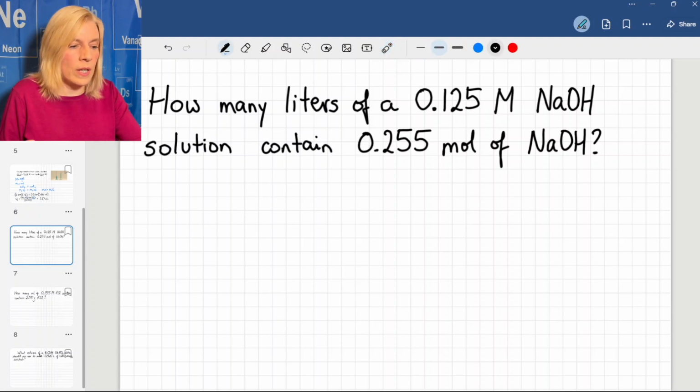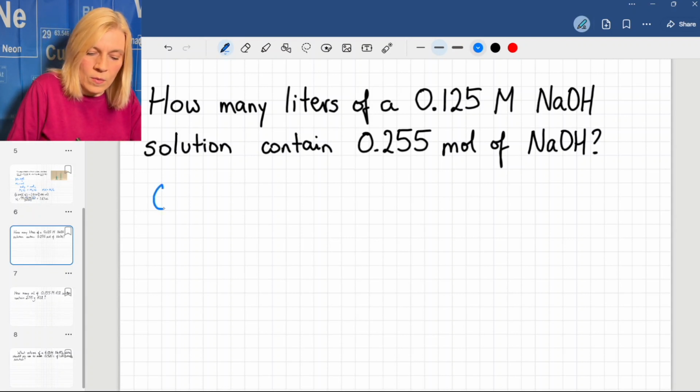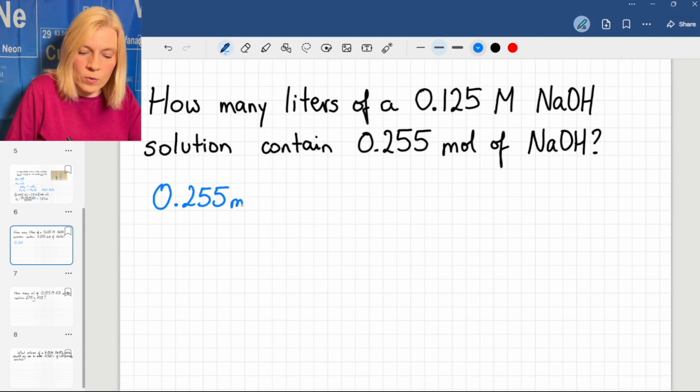What's going on here? Well, remember, molarity means moles per liter. So let's start with what we have. We are going to start with 0.255 moles of sodium hydroxide